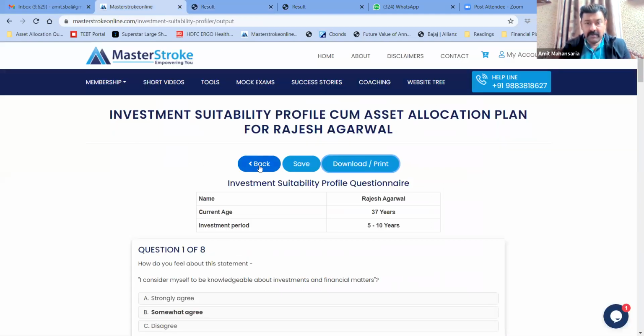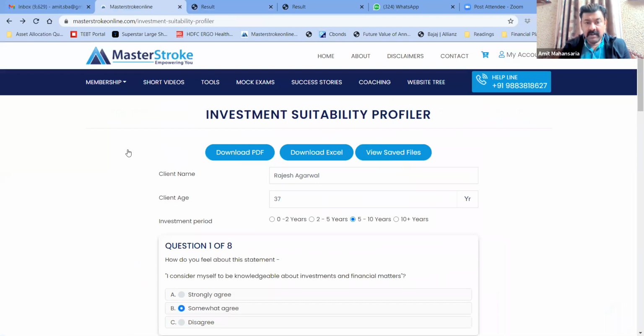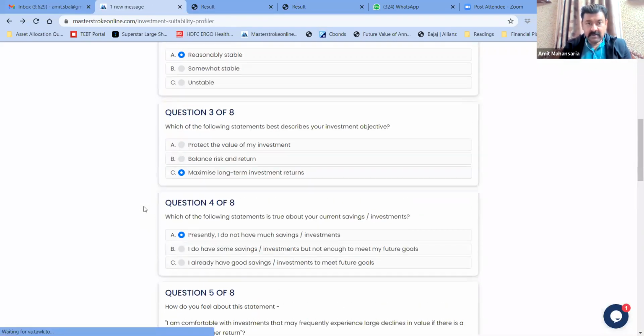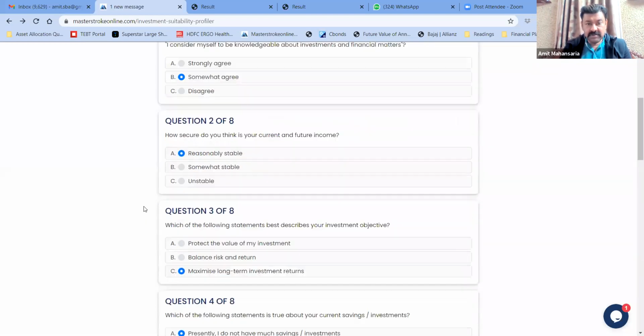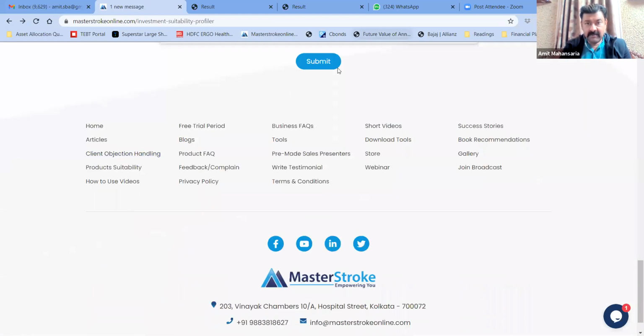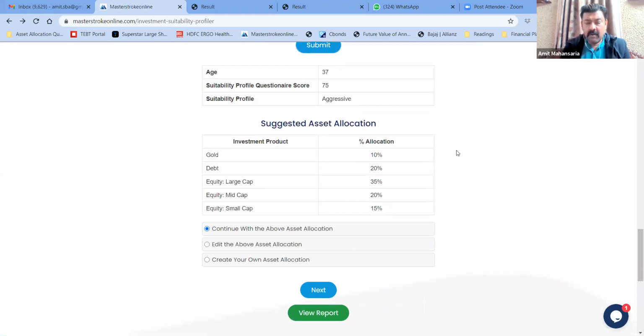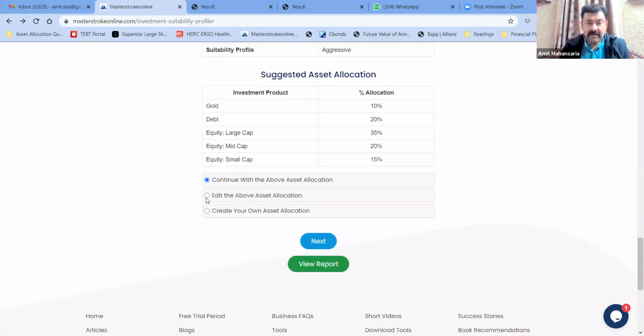Now we will move on to the second option. So these were the responses to the questions, and we submit it. We get his suitability profile and suggested asset allocation. Now the second option says, if you want to edit this asset allocation, you can edit it. So if you click on the edit button, see this